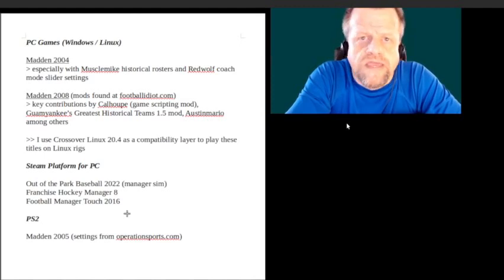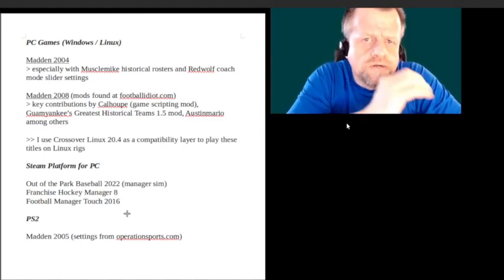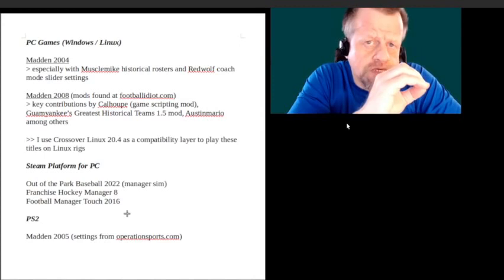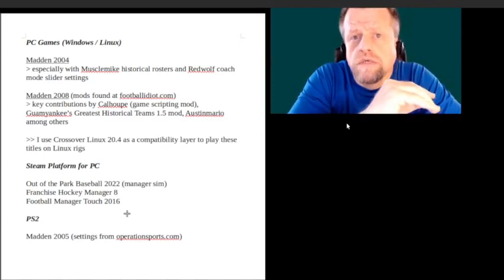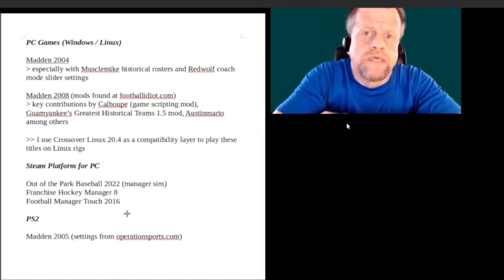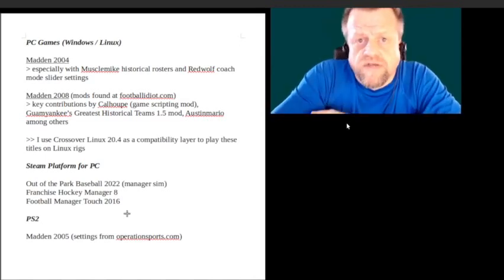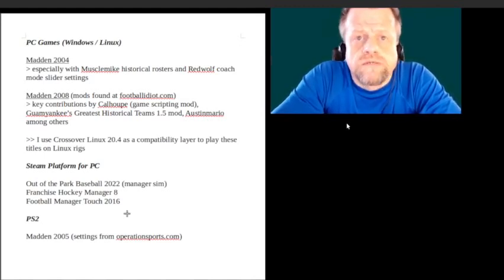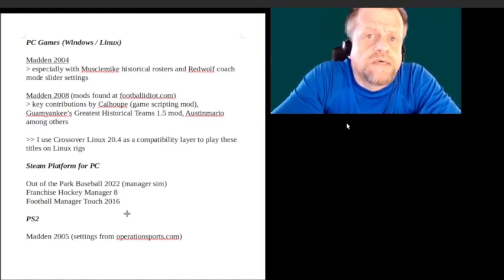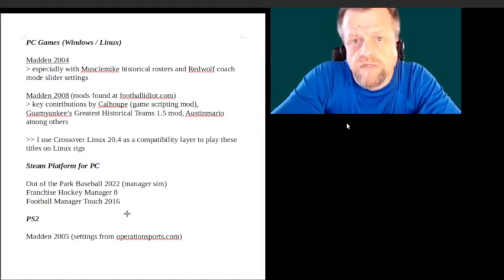But the level of granular detail and control in terms of how the game is modded, it's very special. There is a set of scripts developed by a user, Calhoop, that really should be celebrated in terms of not just the history of Madden games, but the history of all